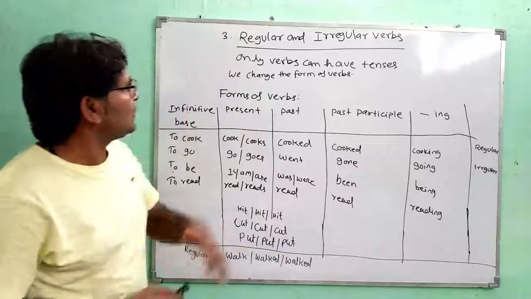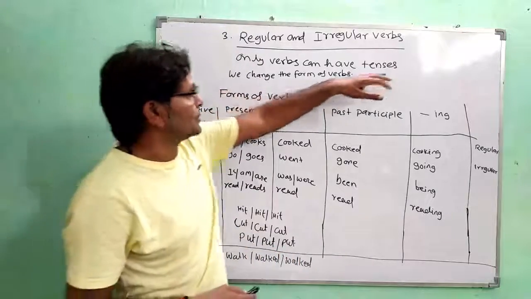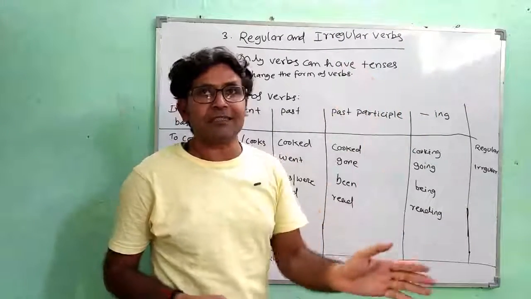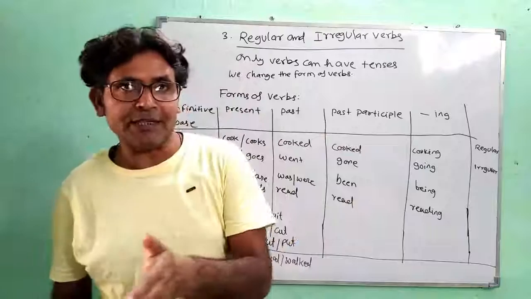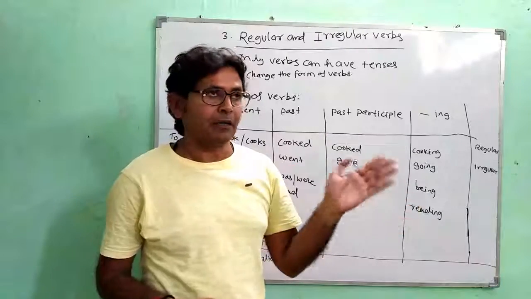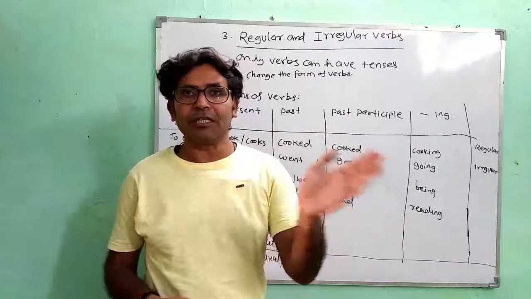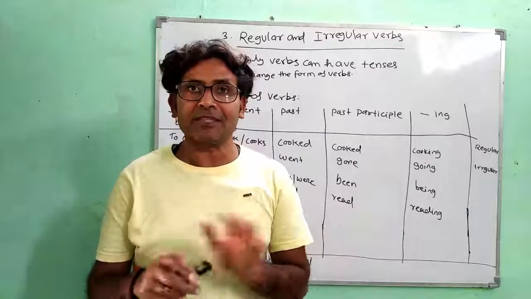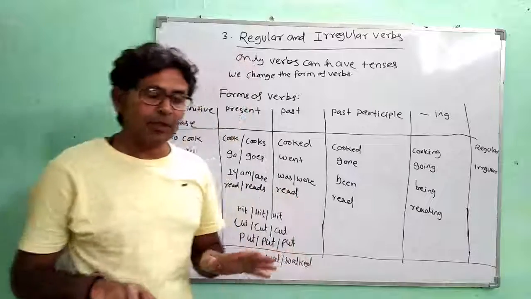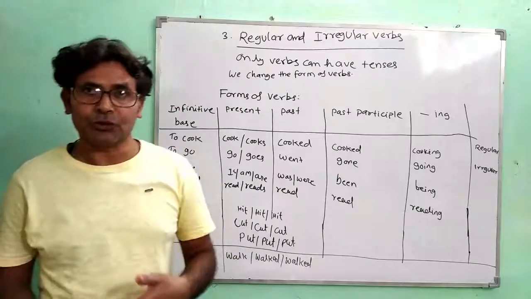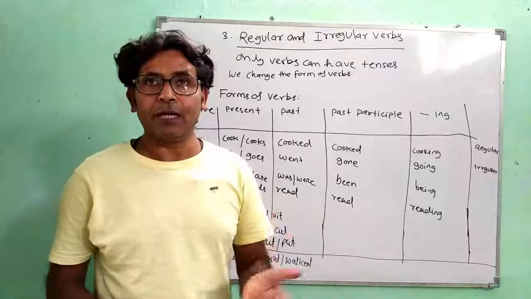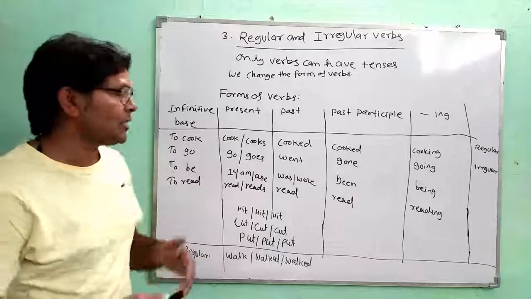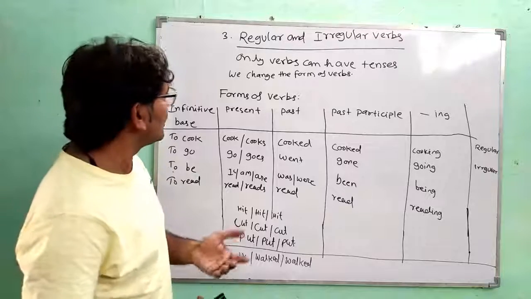So we change the form of verbs according to the tense. If you change a sentence into a different tense, for example, there is a sentence in present tense and you want to change it into past, then you have to change the form of the verb, and the rest of the sentence remains the same. Same if you want to change it into future tense, then you need to use will as a modal verb for the future tense. So this is how we change the form of the verbs.